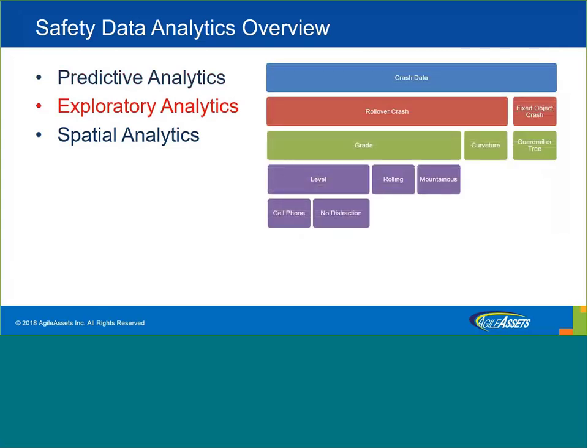Now let's talk about the exploratory analysis. So in our safety management system, we have this rich set of data sets. We have this crash record that we are capturing every year, and this crash record can be used for any exploratory analysis. For the exploratory analytics, we generally depend on expert judgment, so we can build different complex filters to narrow down our search. Just to give an example, if you are looking for driver distraction, you can start with the crash data. You can consider whether this is a rollover crash or a fixed object crash,